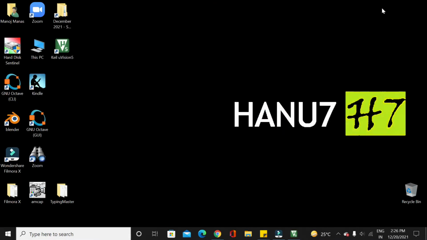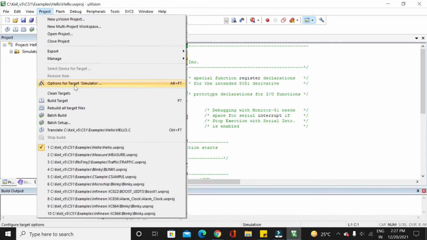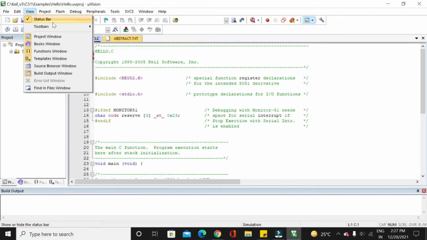If you install Keil, you will get this icon on the desktop. Double click on that, and you will get this window. This also we have seen in the last video, right? Here there are sub windows. This is a big window, and in that many cascade windows are there. So go to View and then disable any one of the windows.